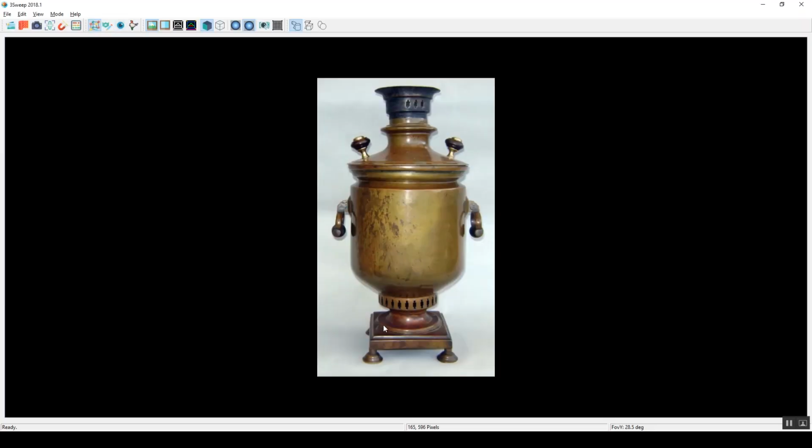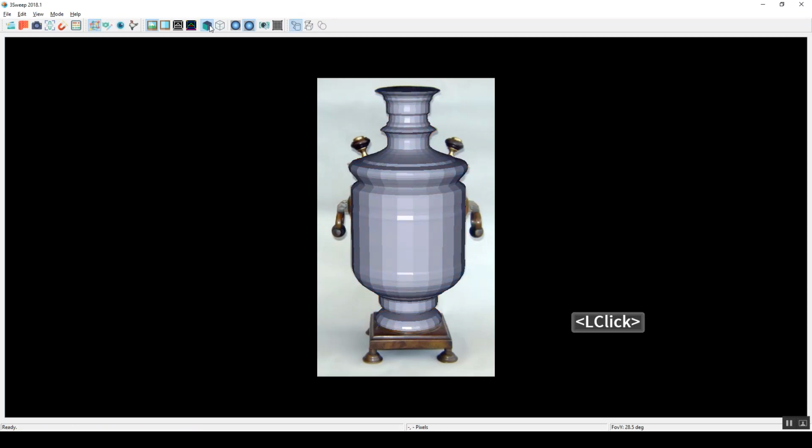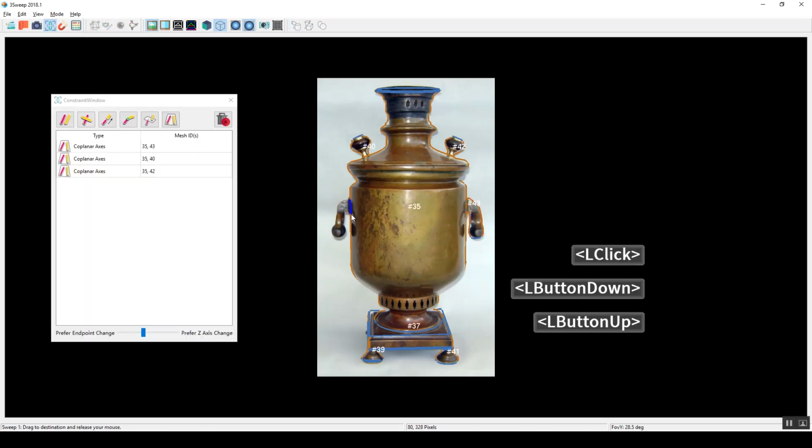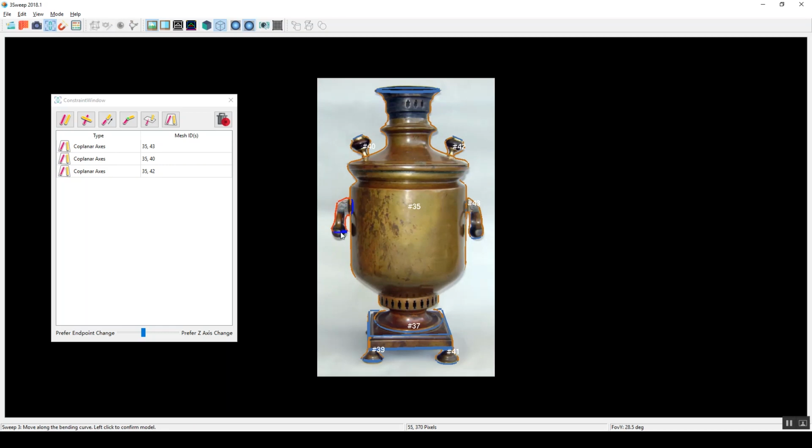So in the very first example, we are going to model this samovar. First of all, we will add a cylinder, and then the base. The base is actually a cuboid, so we have to change it to the cuboid mode, and then the two supporting bases. Note that you can always hit R to re-snap the model to the image boundary, which we will introduce later. And then for this bending part, you should right-click to enable bending mode, and then you could model